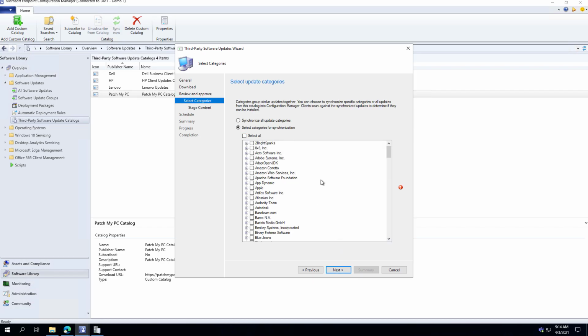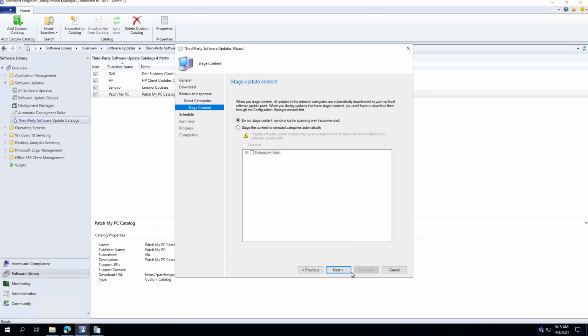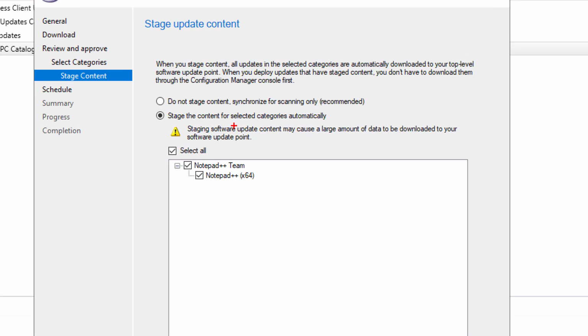Now for the categories, what I'm going to do is enable Notepad++. So let's jump over here. Notepad++, and then next. In this case, this is where you can really automate things. So if you wanted to, you could say for the categories that I've enabled, I also want to stage the content. So what staging content means is that it's actually going to go out and download the full update file and publish it to WSUS,